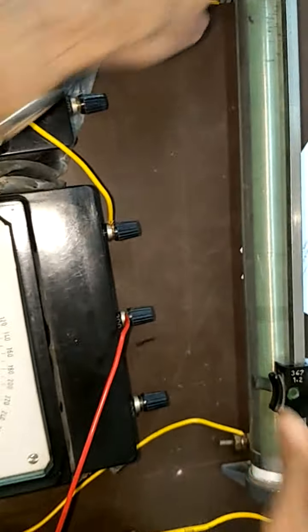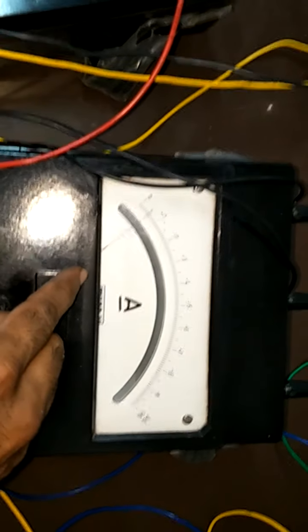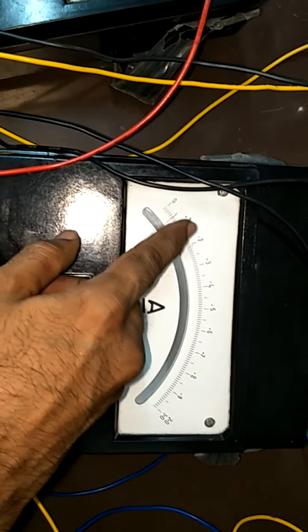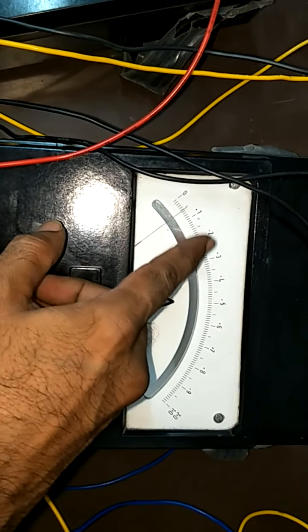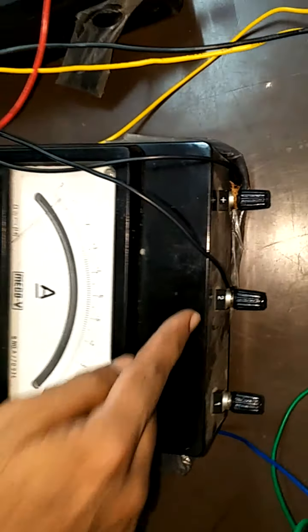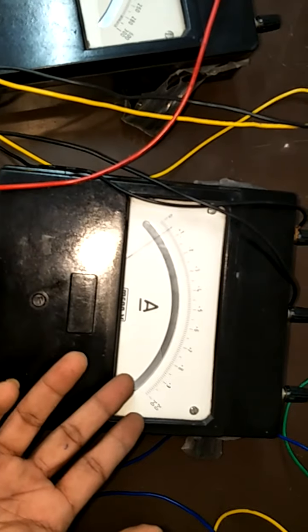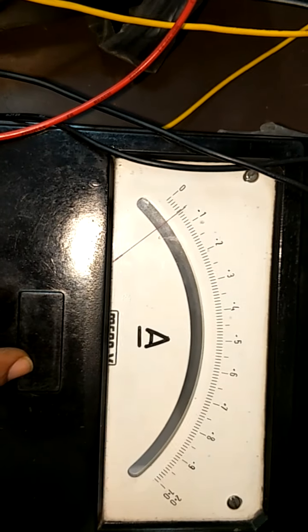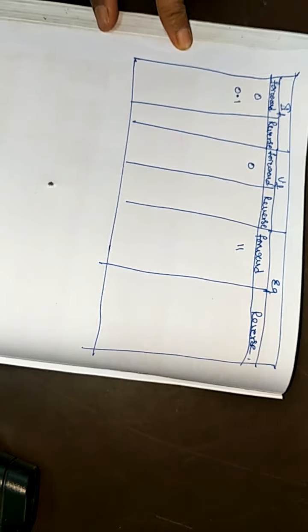Now just see, I am increasing the field excitation to 0.05. See here, the field current is shown 0.05. It is 0, 0.1, 0.2, 0.3, in between 0 and 0.1. So 0.05 is the field current, and you just observe it is connected to 2 amperes. So that should be doubled. So the value of this field current is 0.05 into 2, so you will be getting 0.1. So field current is 0.1.